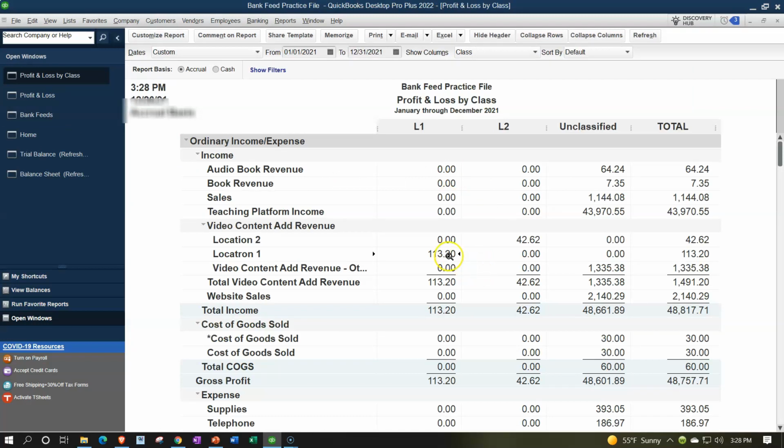And so now we've got location 1, location 2. Obviously, if you did this and you only had 2 locations, you would have to take everything that's unclassified and assign them to a class, either location 1 and 2. And that's why it takes a little bit more work to assign a class to every transaction to really get that working. But just to get an idea of how the class tracking could work, you've got the location 1